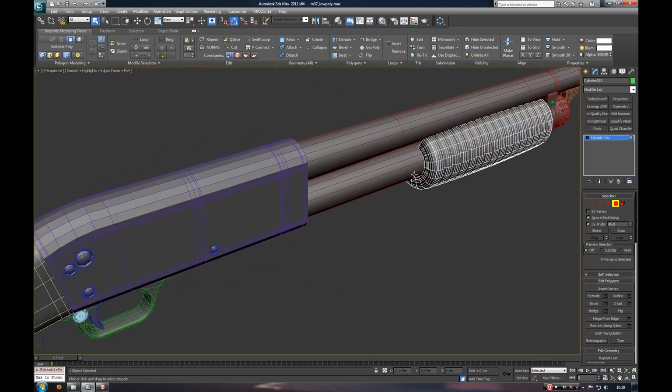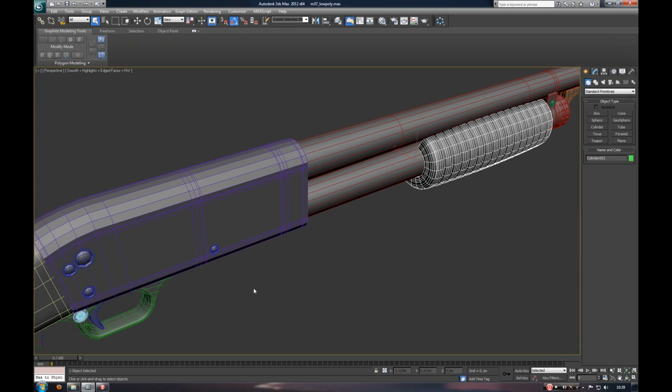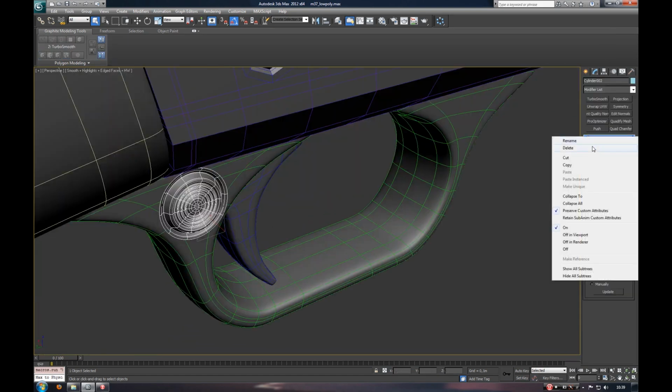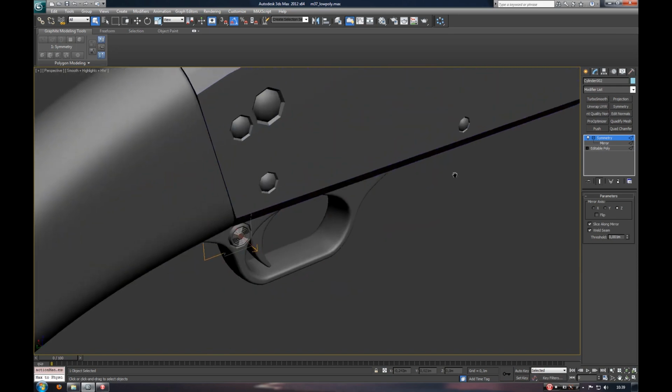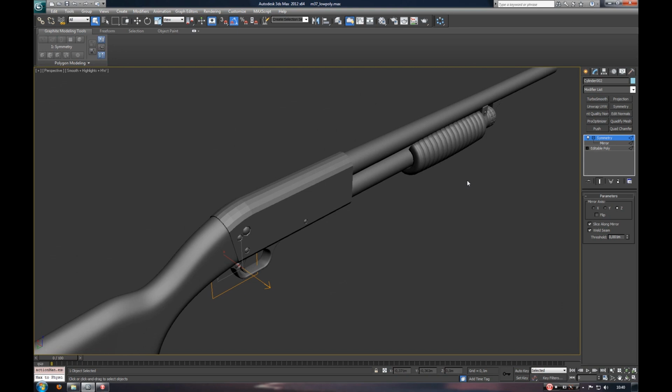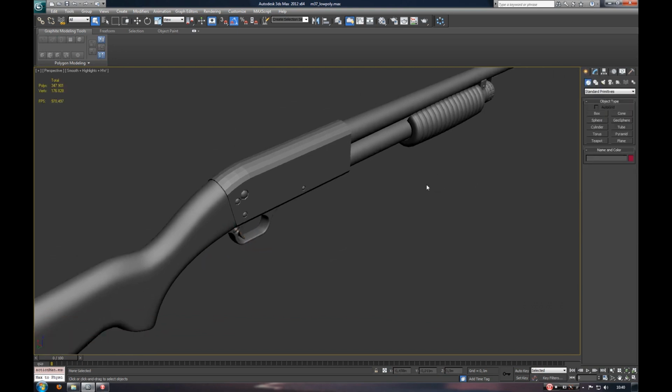The grooves on the pump here are probably a bit excessive, so we'll probably remove those. But I'll decide if I'll remove them when everything else is done, and I can see the total poly count